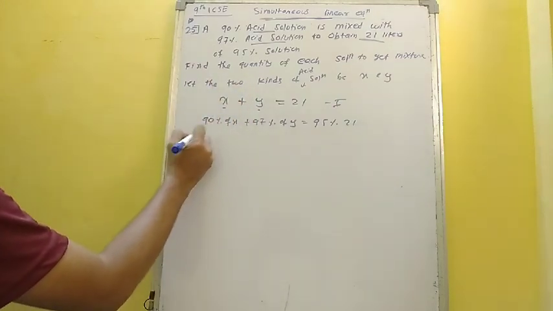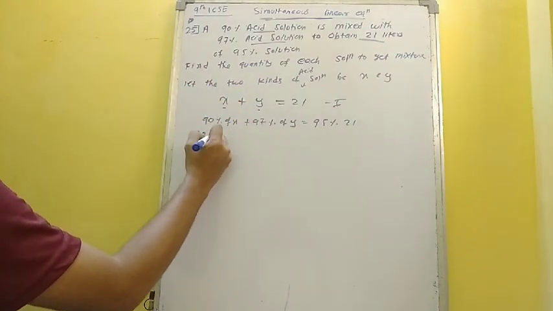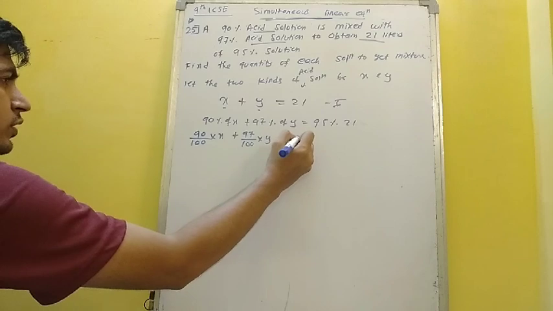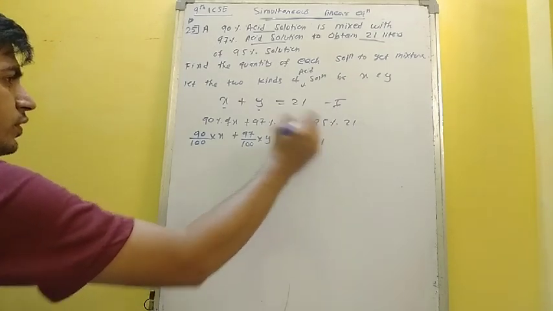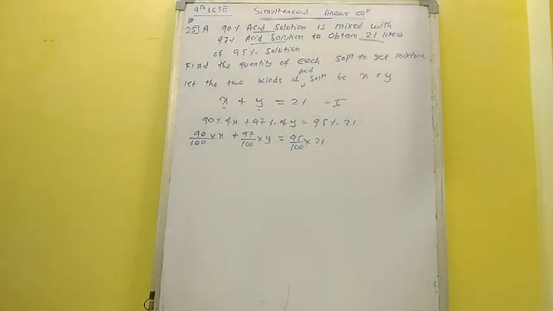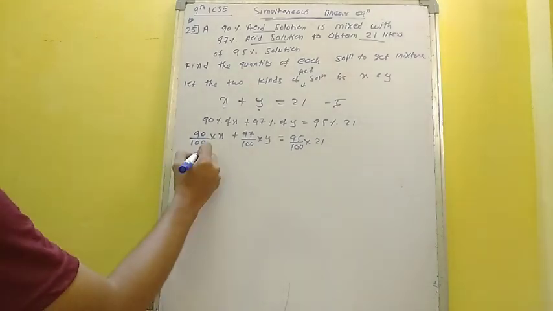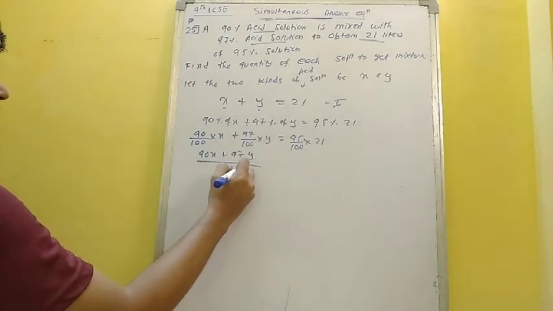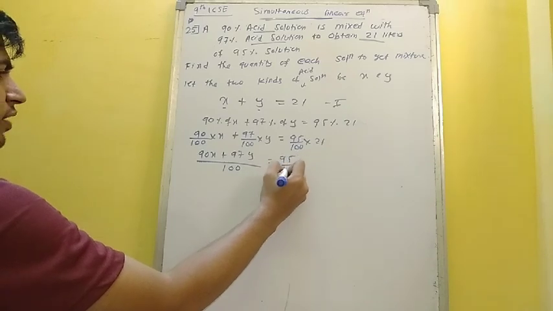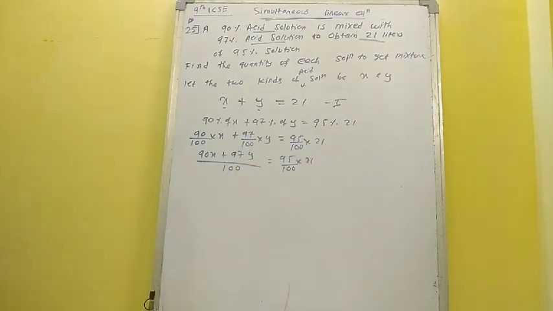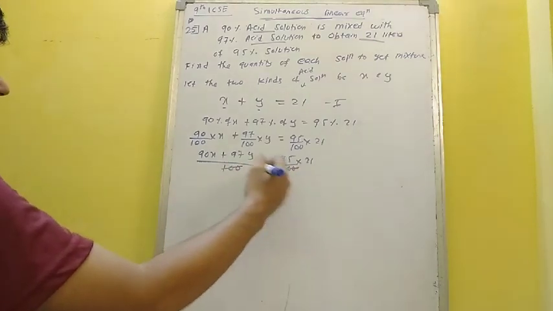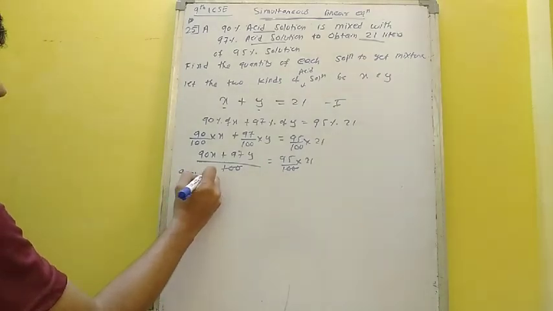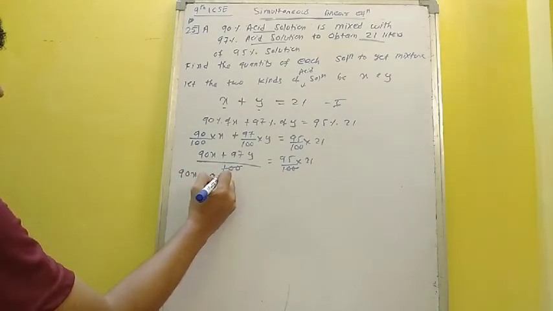So 90% of X means 90 upon 100 into X, plus 97 upon 100 into Y, is equal to 95 upon 100 into 21. Okay, if we take the denominator the same, we have 90x plus 97y upon 100 equals 95 upon 100 into 21. So 100 gets cancelled. We have 90x plus 97y